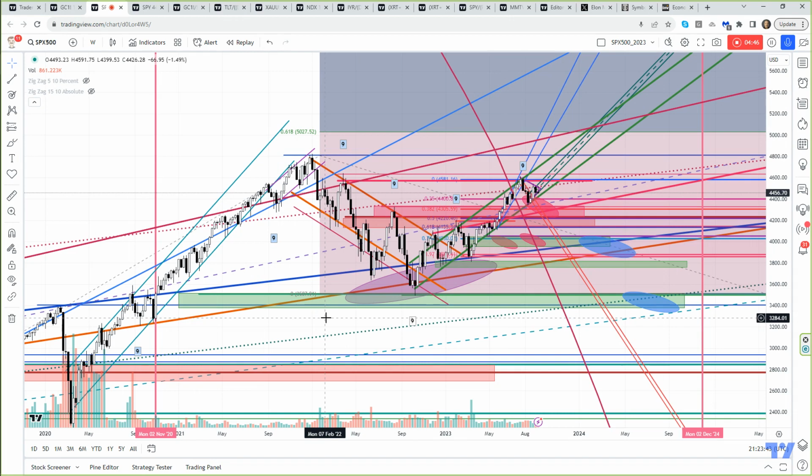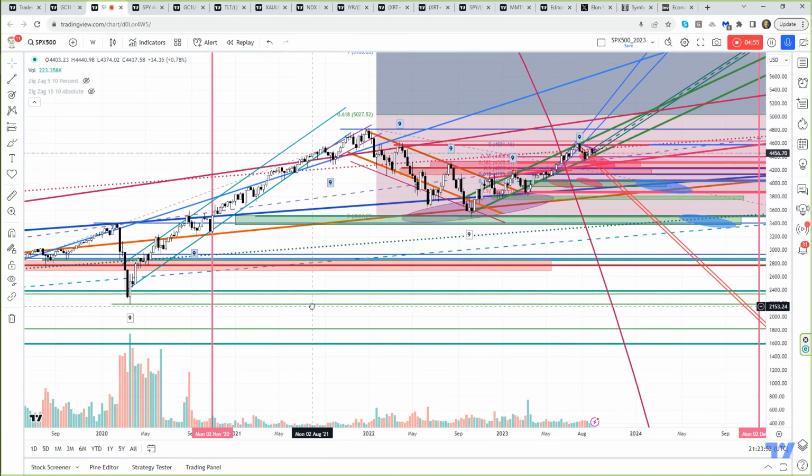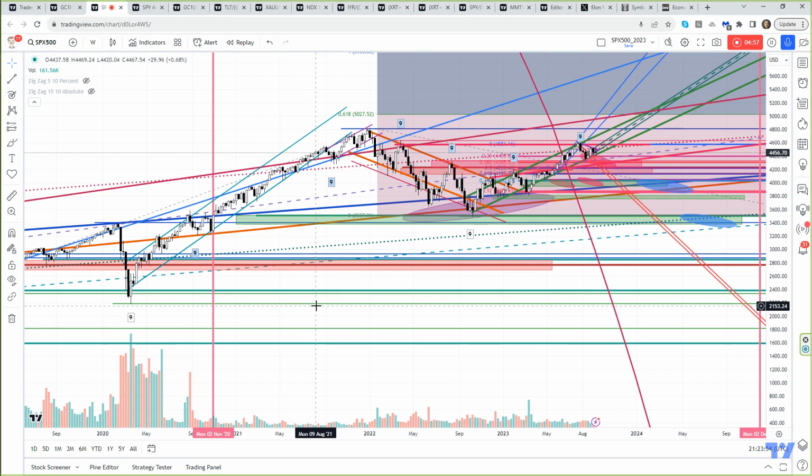I'm marking them because in environments like we see with price trend, what I'm trying to do is map what I call completed Fibonacci price theory sequences. So for example, we had a 9 here that ended a previous cycle, and we ran all the way through all of this price action to complete the cycle right here. Now, we are not anywhere close to a 9 yet.